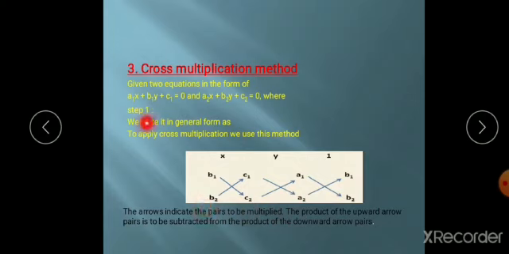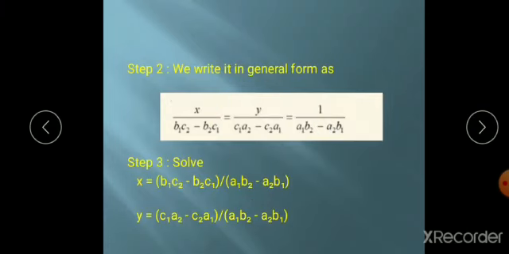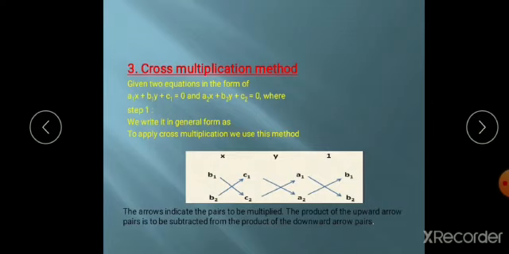You know a1x + b1y + c1 is the standard form of the first equation, and a2x + b2y + c2 is the second linear equation. Let me write b1, b2, c1, c2, a1, a2, b1, b2. Now let me take x. Now x divided by b1 c2. It is a cross multiply. This is called cross multiplication. b1 c2 minus b2 c1. Again I will repeat, x divided by b1 c2 minus b2 c1.